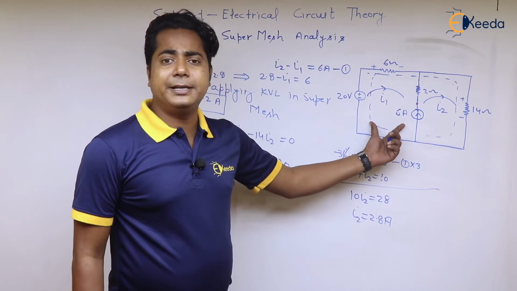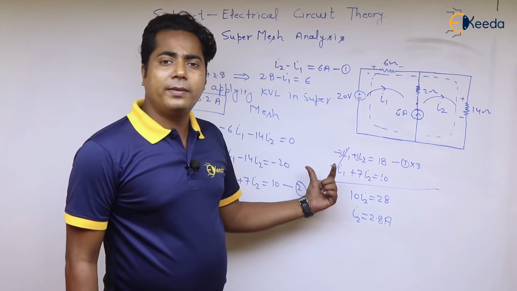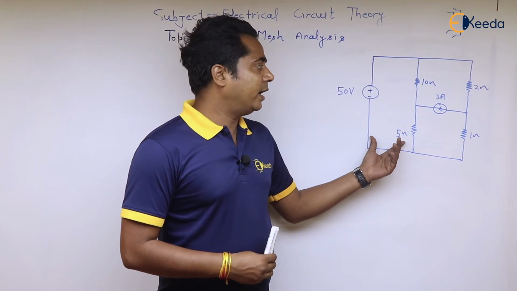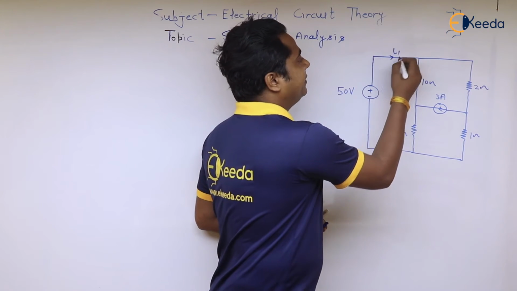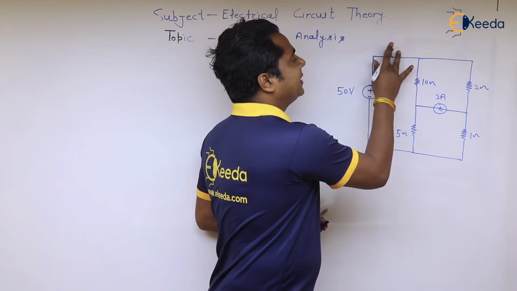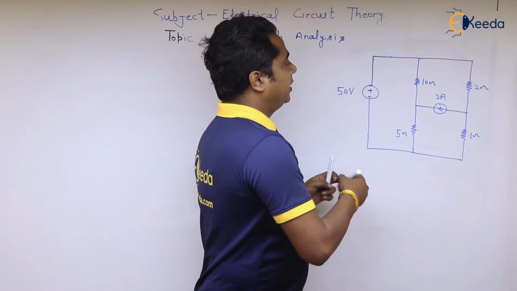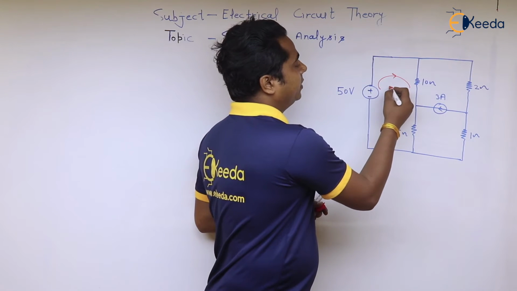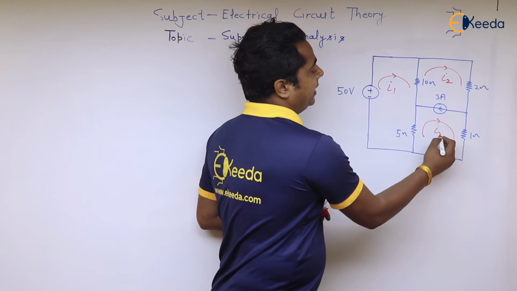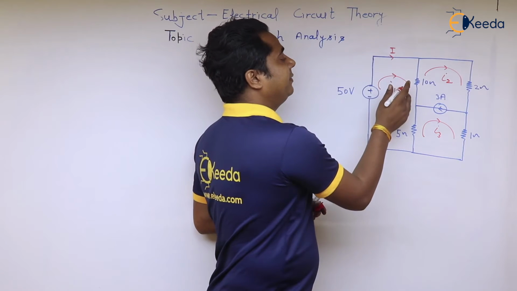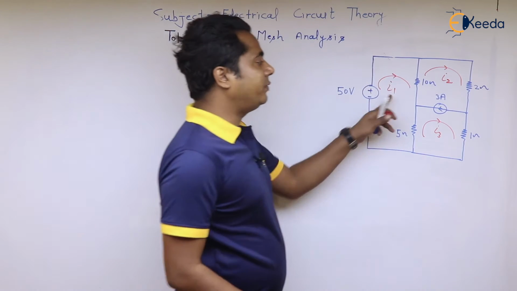This question would be easy if we used node analysis directly, but here we are understanding super mesh analysis. We are going to solve another circuit in which the question asks us to find the value of I1 through super mesh analysis. While applying super mesh analysis, we can assign here I1, this is your I2, and this is your I3, and we have to calculate the value of I, meaning the value of I1.